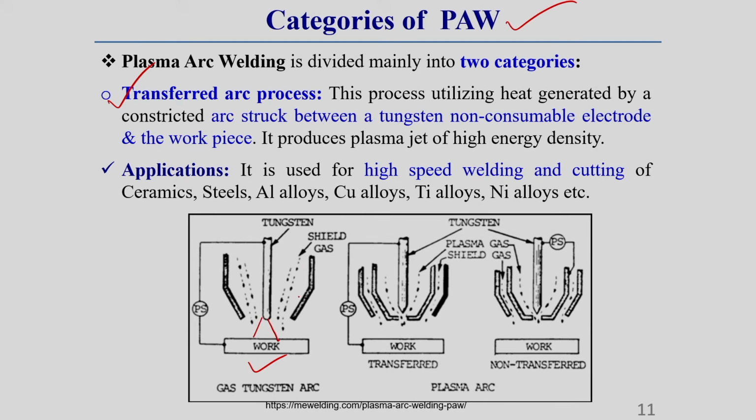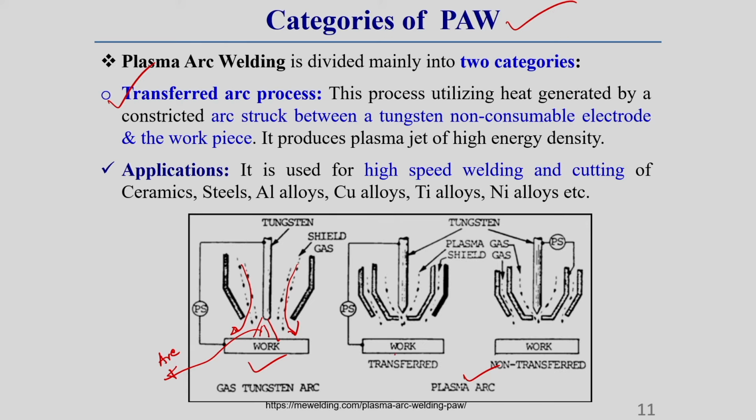You see, only one nozzle is there. Through this the shielding gas comes out, as you can see, and this is the arc. This is generally called the tungsten or TIG welding process. So here only one shielding gas is used, but in the case of plasma arc there can be one transfer mode and another one called non-transfer mode.